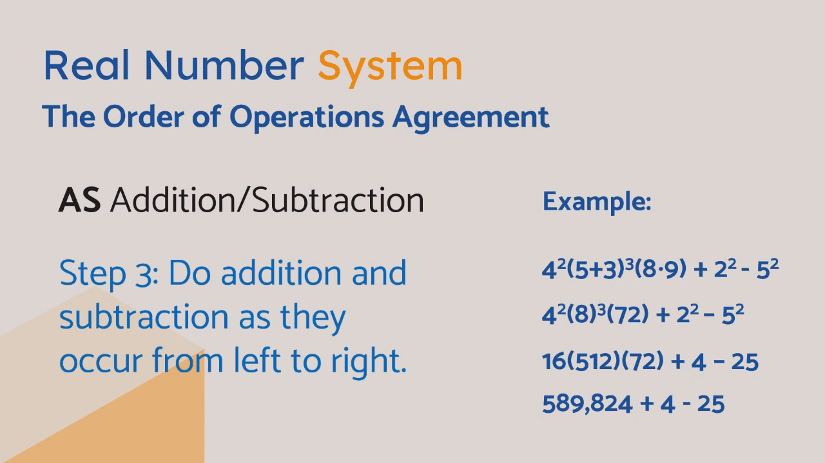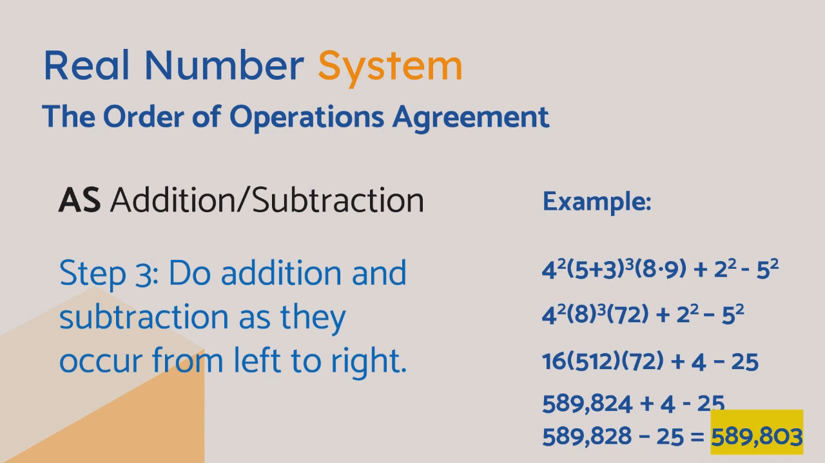So looking at it, we have 589,824 plus 4. So we're going to do that first. So it becomes 589,828 minus 25. So only after you've added the 4 will you do the subtraction. And it gives us